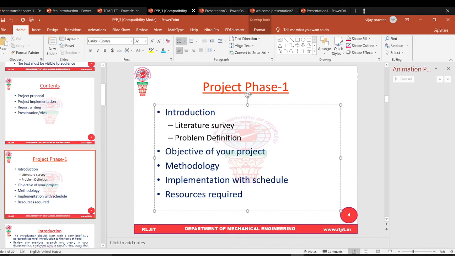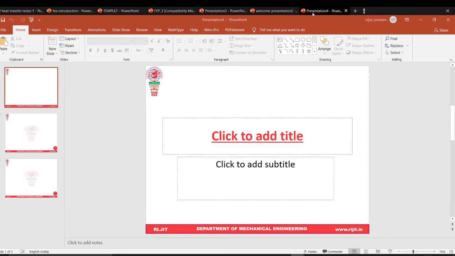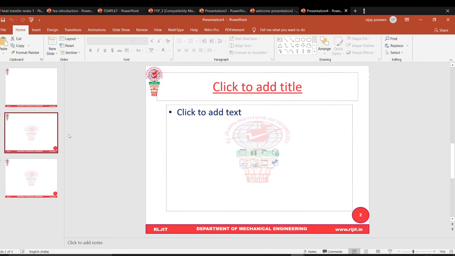Suppose you want to draw a flow chart, how to draw it? I will explain that. We'll go for a blank one. Okay, let us take it here. There are different flow charts. Flow chart, you know, right?